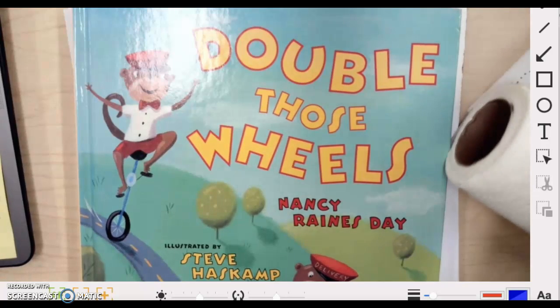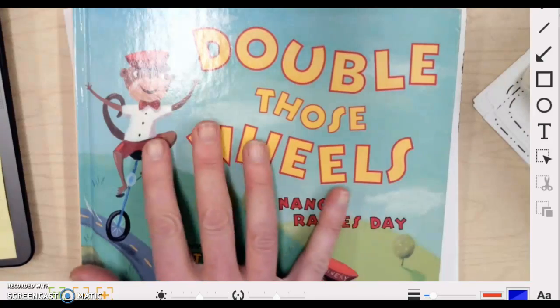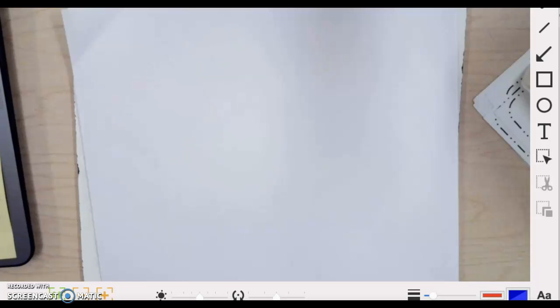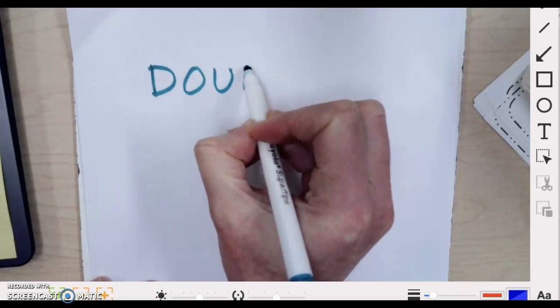Everybody. So yesterday you heard me read this story to you called Double Those Wheels. And I want us to take a careful look today at what the word double means. Okay, so if we have the word double,